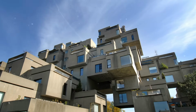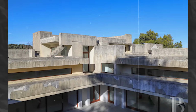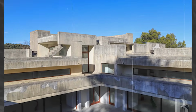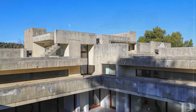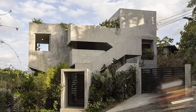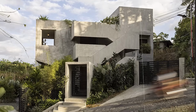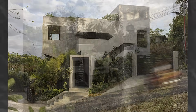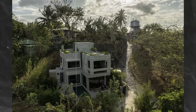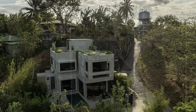Brutalist house style is a bold and uncompromising architectural approach that emphasizes raw materials, geometric forms, and minimalist aesthetics. Originating in the mid-20th century, this style is defined by its extensive use of exposed concrete, often left unfinished to showcase its natural texture. Unlike traditional home styles that prioritize warmth and ornamentation, Brutalist homes focus on functionality and striking